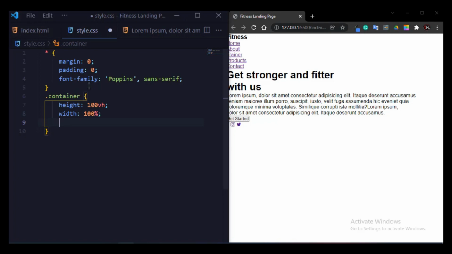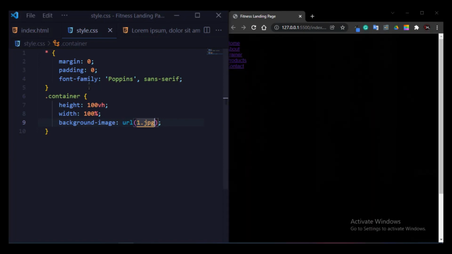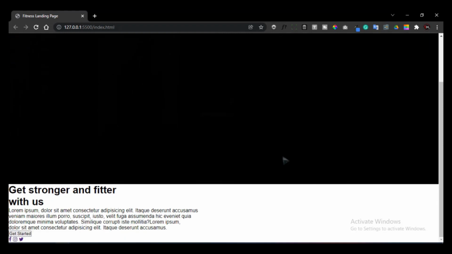I already downloaded it, so I simply write the name and import the image, but I will give the download link in the video description, so you guys can easily download the image. Here I will write background image, URL, and now the image name, 1.jpg, and I save it. So the background image is successfully imported.